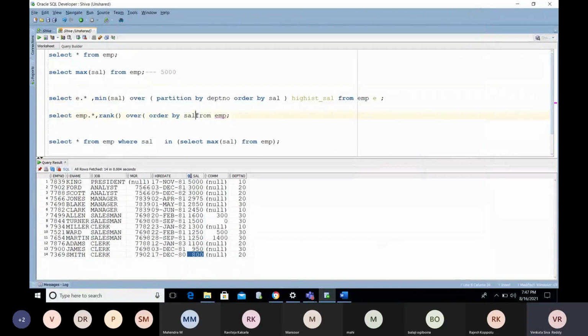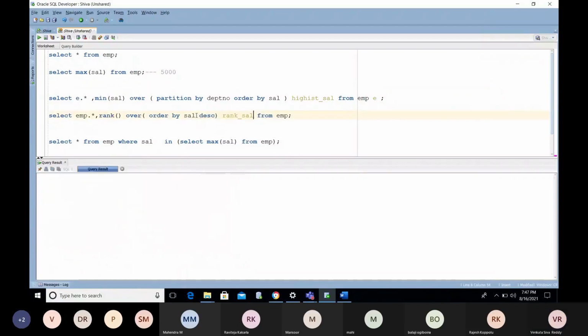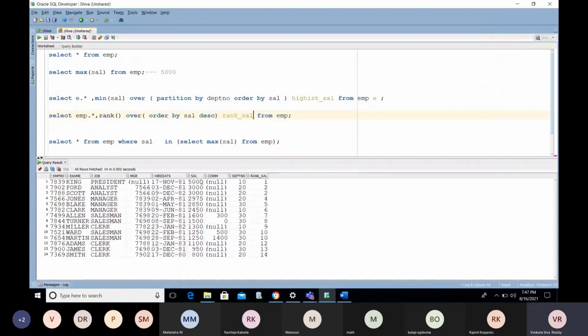So now, using ORDER BY, if I want to provide the rank in descending order. Now see here, the rank is displayed. For 5,000 you got 1, for 3,000 you got 2, and again 2.